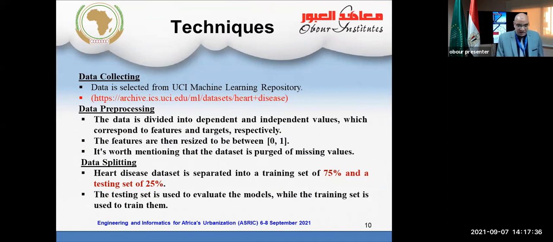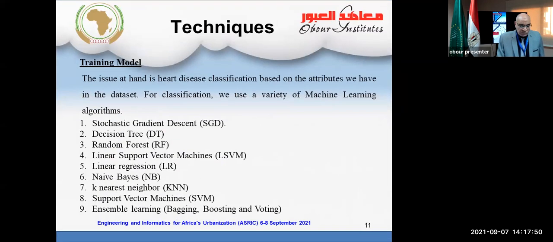Data preprocessing: the data is divided into dependent and independent values. Data splitting: here the data is separated into a training set of 75% and test data of 25%. Training model, we used